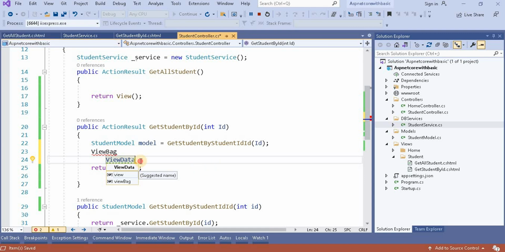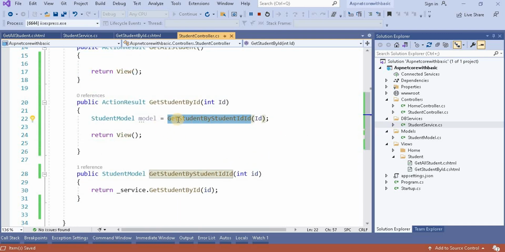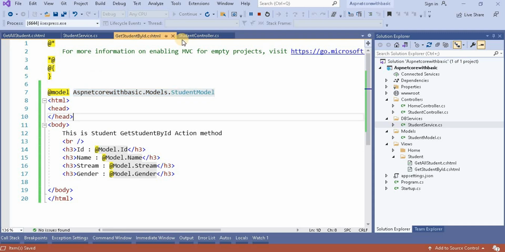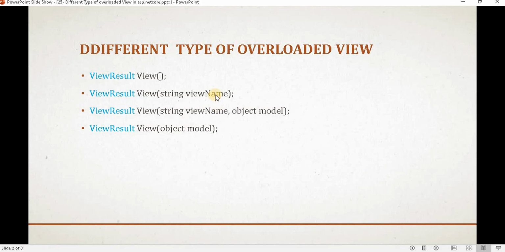So in this video, what we have done is basically created a view, get student by ID, and then we are passing that ID in that view, and then we are calling that particular model, or we can say the data source, and by ID we are getting the data, and the data we are passing in the model. We are passing that model into the view, and that same data we are looking at on the view side. First we have to initiate that particular model from which we are getting the data, and with this model, whatever the data is there, we are getting it in this way. So these are all the types of views we are having in